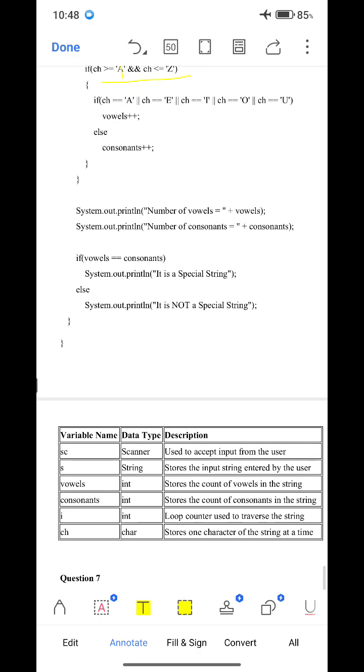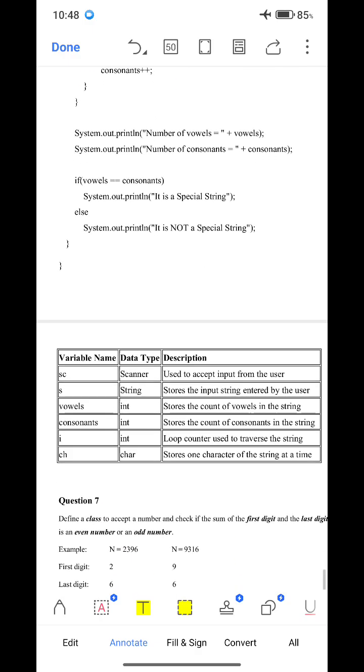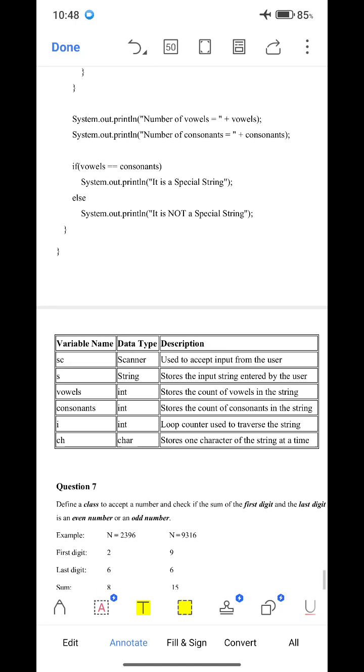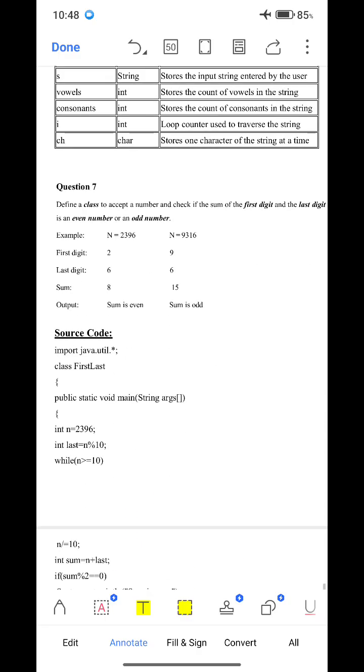Okay, then you can use s, a string, vowels, consonants, i and ch. So what are the variables you have used? Next we can go to